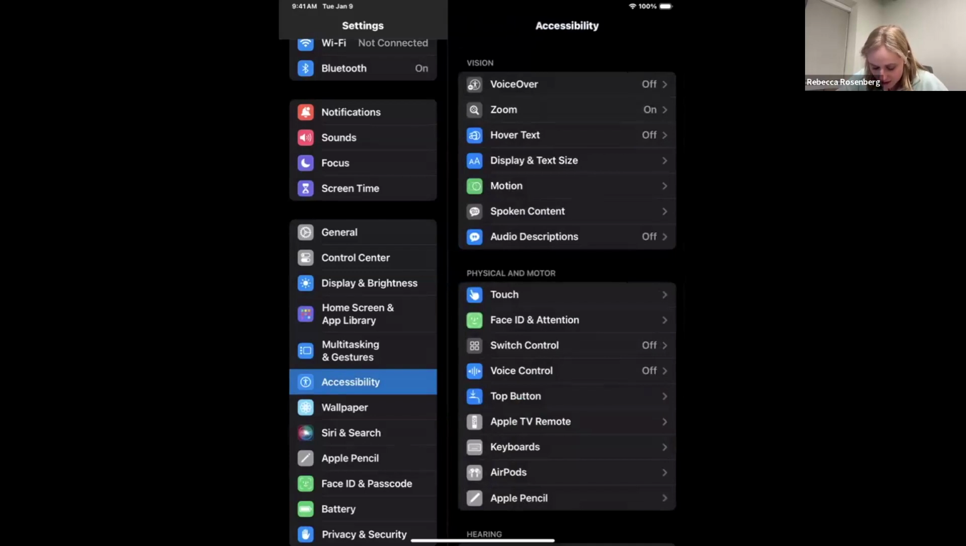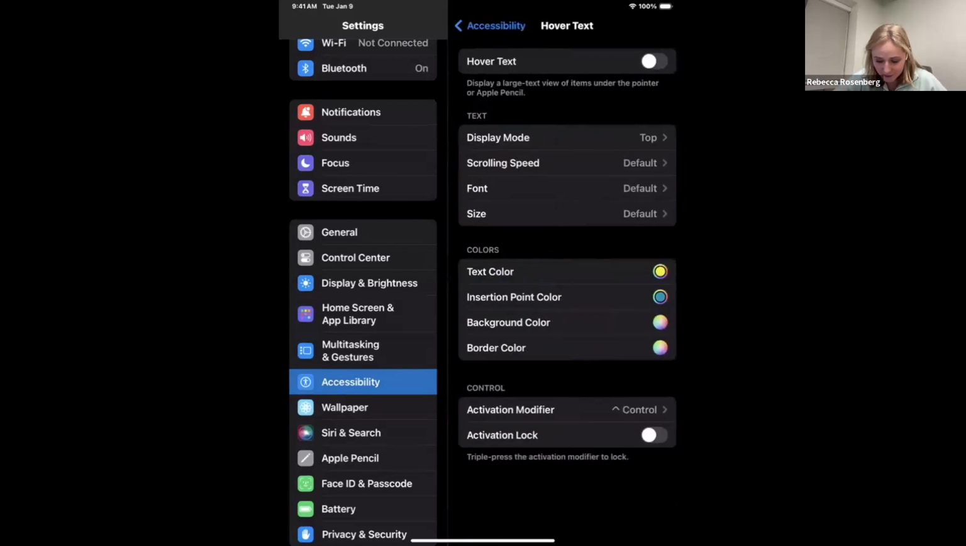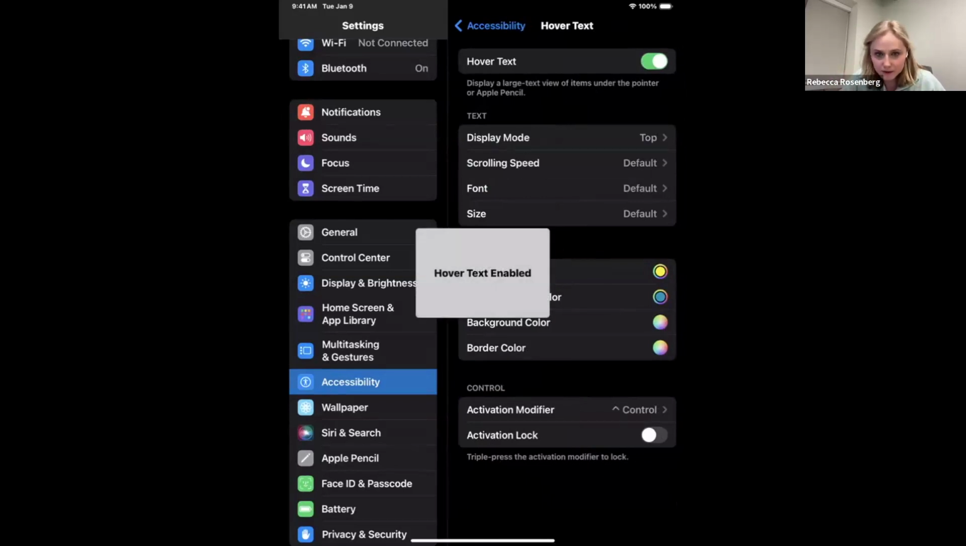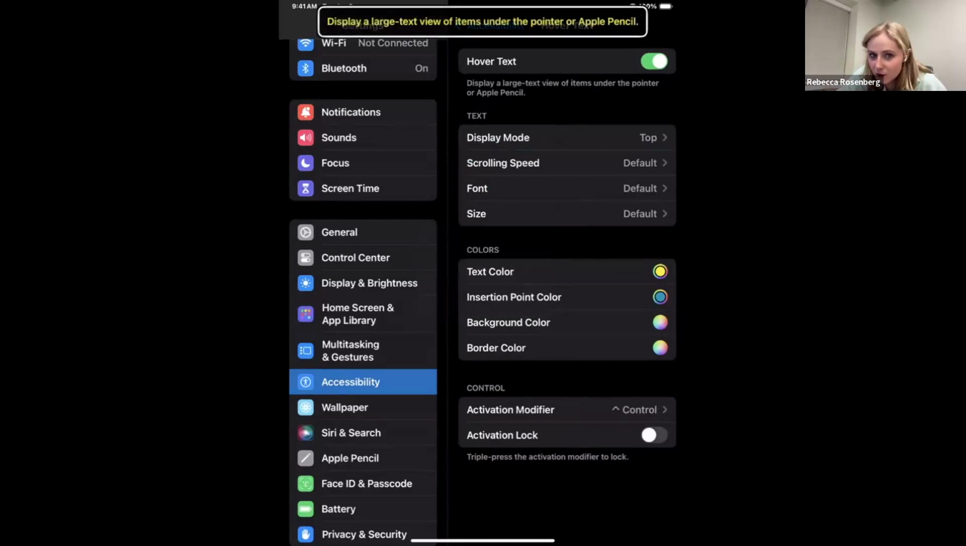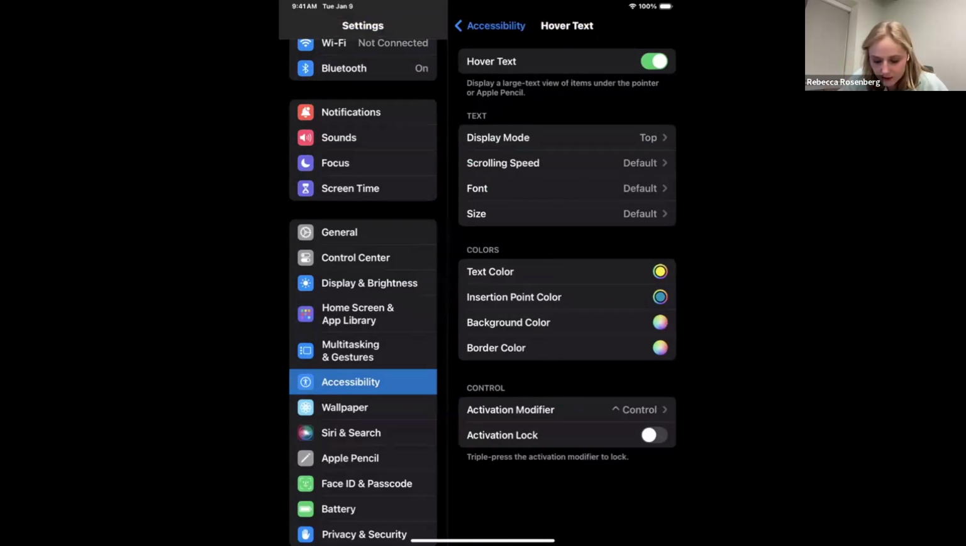Moving over to the next feature is called hover text. This is actually something I just learned about as I was getting ready to give this talk today. It basically lets you display a large text view of items under the pointer or Apple Pencil. So if I turn my hover text on, I just so happen to have an Apple Pencil here. I don't even have to touch the text. If I hover over the text, you see at the top of the screen, you actually get